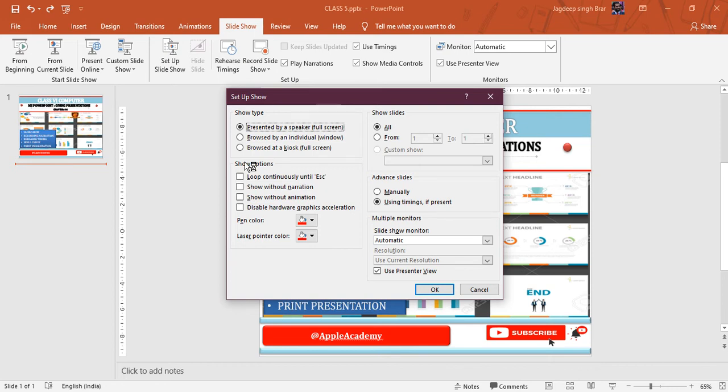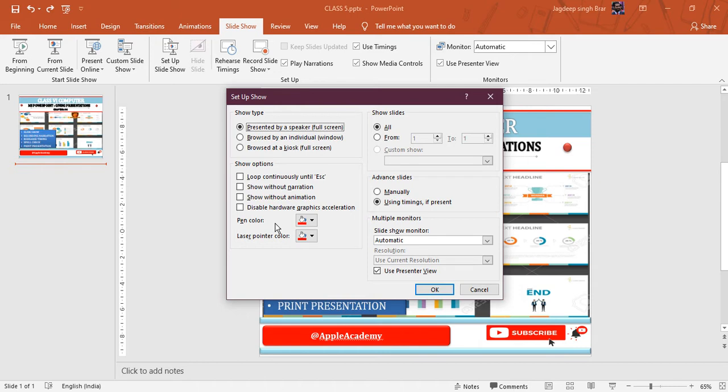Show options. This option will run the slideshow until you press the Escape key on your keyboard. You can present the slideshow with or without narration or animation in it, using this checkbox. This presentation will run continuously again and again until you press the Escape key from your keyboard.